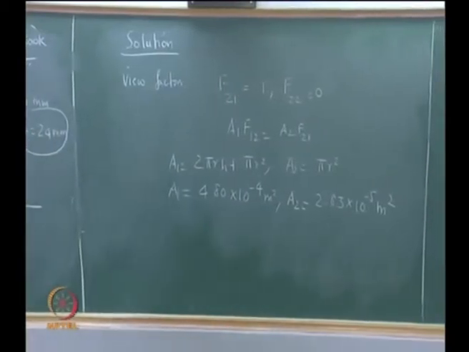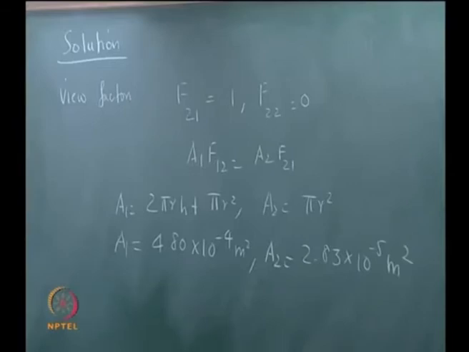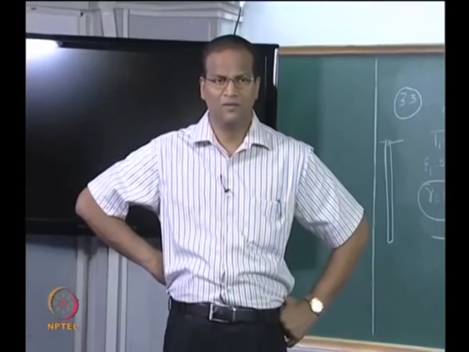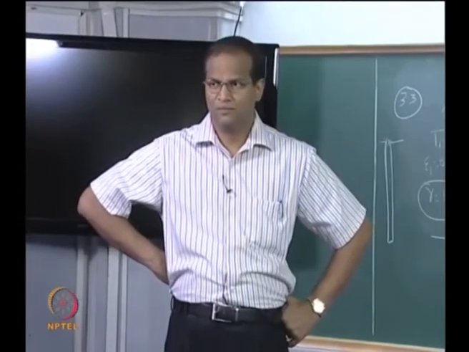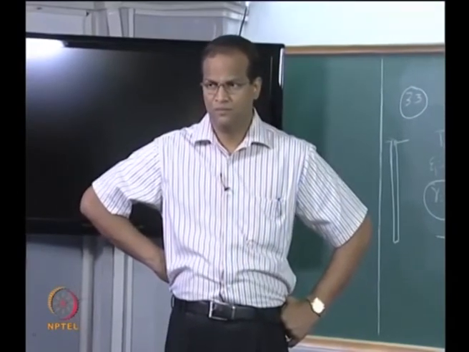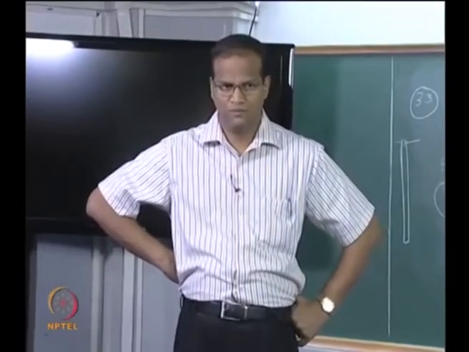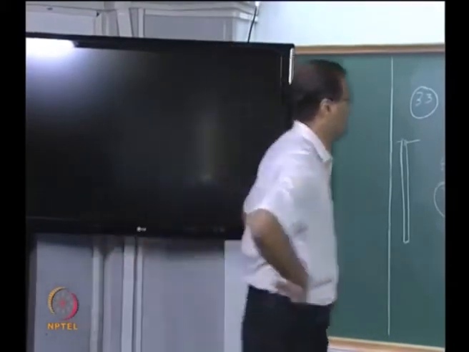Samajit, is it okay? Calculated? Let's check A2 first. Tell me if I made a mistake. It's 2 pi r square, right? Fine? Okay. So,